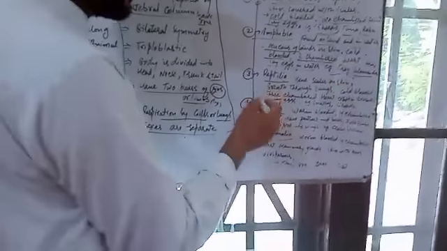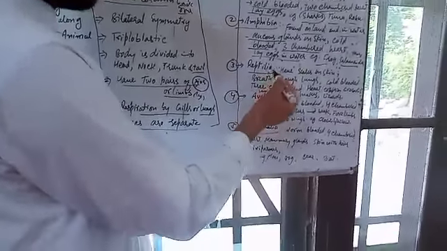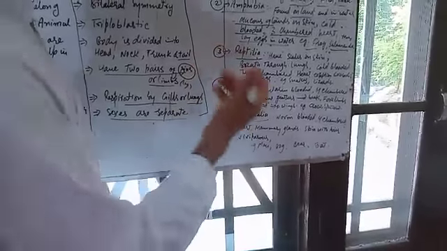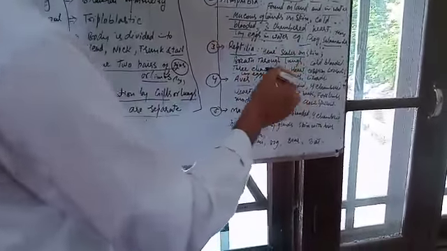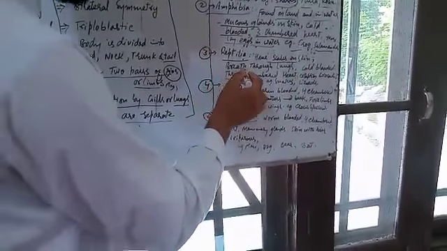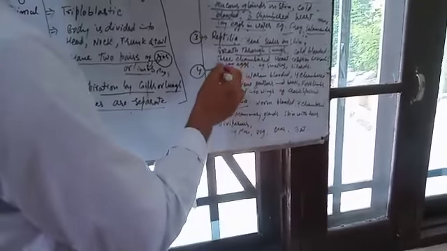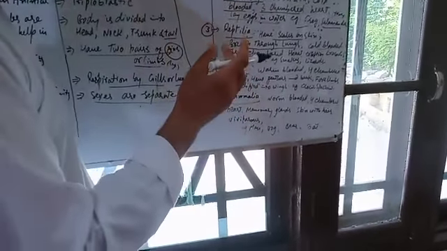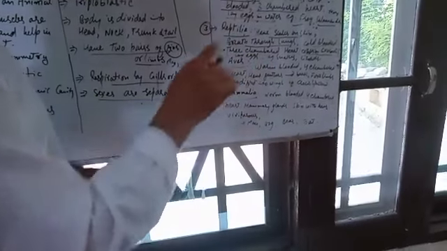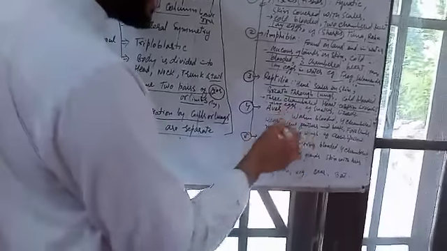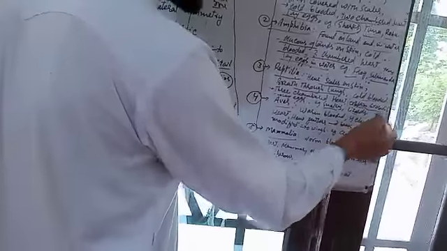Next is Reptilia. Reptiles are the true terrestrial animals. They have scales on skin. They breathe through lungs. They have lungs for respiration. Cold-blooded, they again change their temperature with respect to climate. Three-chambered heart, like the amphibians, but here is an exception: crocodile has a four-chambered heart. That means crocodile is more advanced than the rest of the Reptilia. They all again lay eggs. Examples are snakes, lizards, and crocodile.